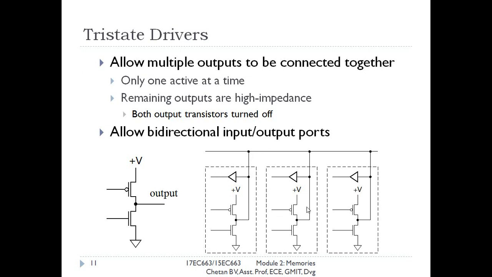During write operation, the tri-state drivers of all components are disabled. So if data arrives on this line, it will flow through the buffer of the enabled component. If the first component is enabled, the buffer of the first component will be active. Data flows through this and it will be stored in a particular memory location. At the same time, these 2 buffers will not be active as those memory components will be disabled.